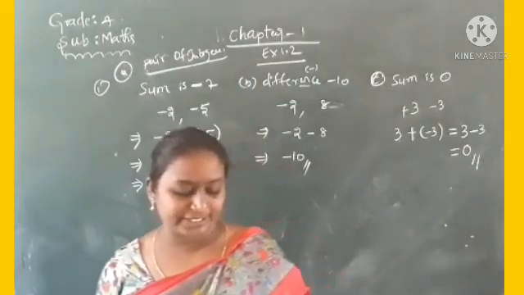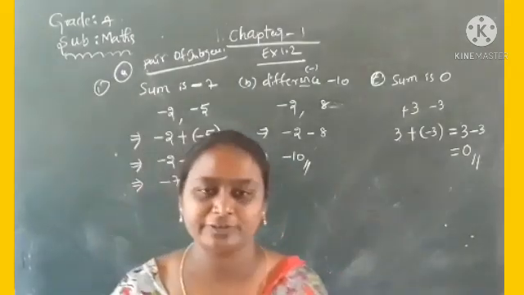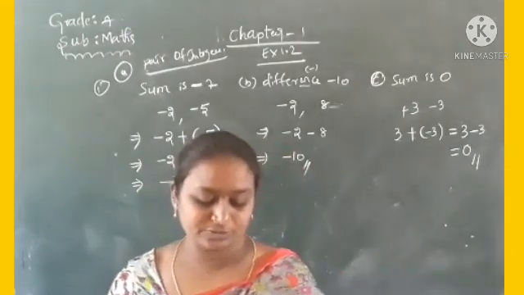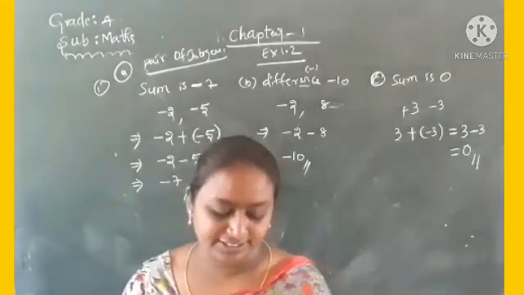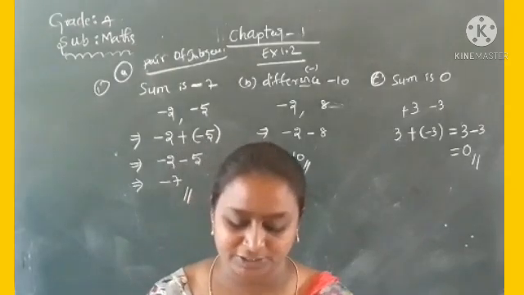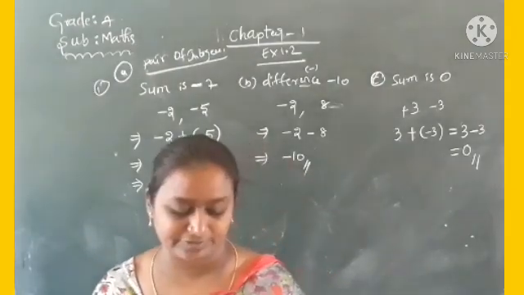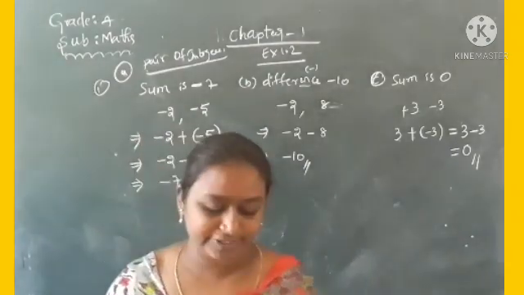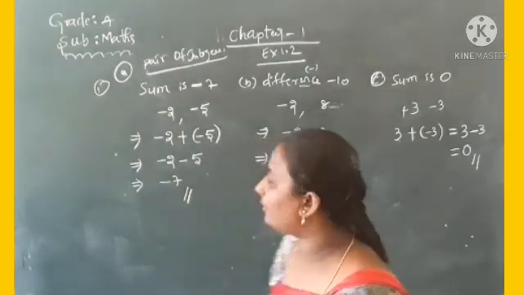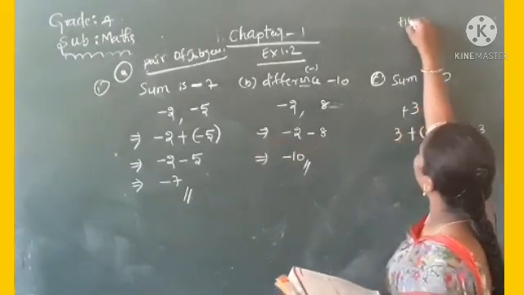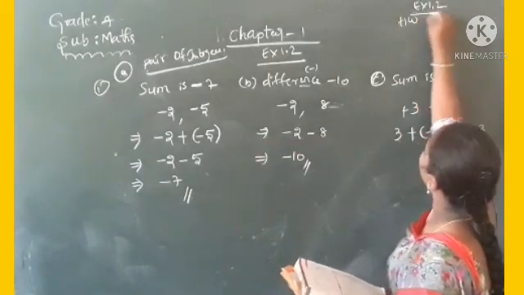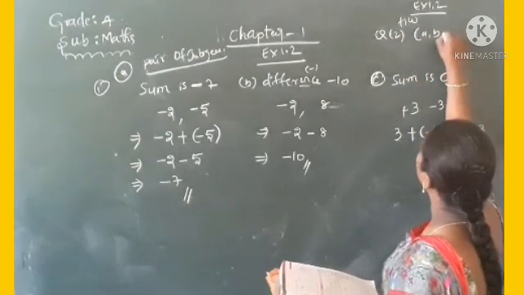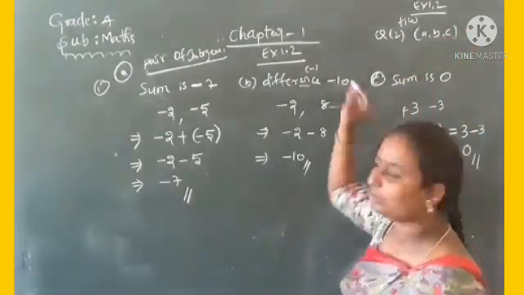You have to write the pair of negative integers. Negative integers means you should take two negative integers, to show the difference, that is 8. B question: a negative integer and a positive integer whose sum is minus 5. And the third one: a negative integer and a positive integer whose difference is minus 3. We have to do this homework in exercise 1.2. The homework is question number 2, all problems A, B, C.